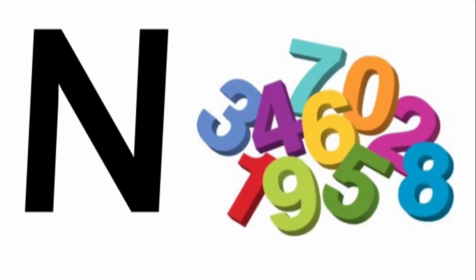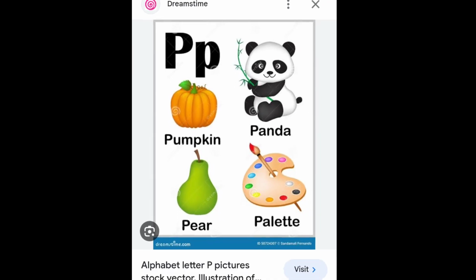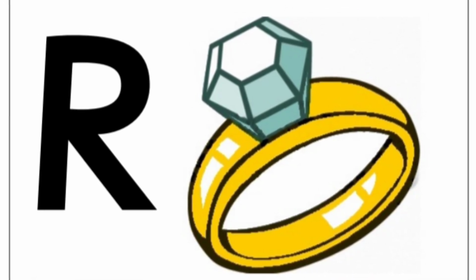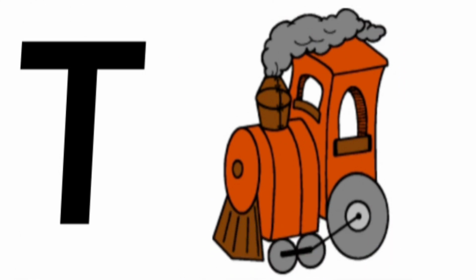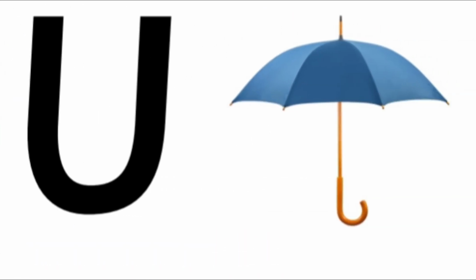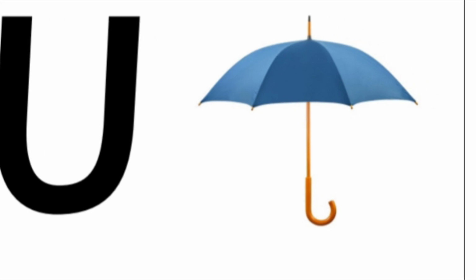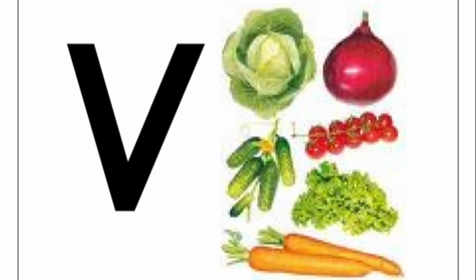N for numbers, O for owl, P for panda, Q for queen, R for ring, S for snack, T for train, U for umbrella, V for